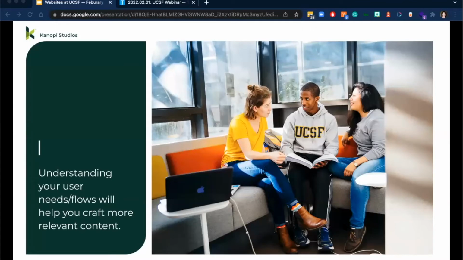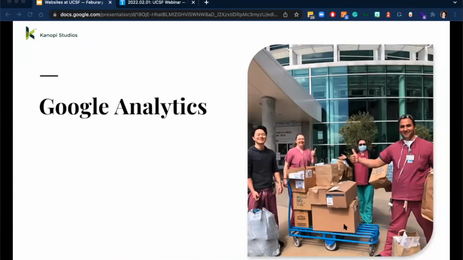I mean, all of this is for our users, all the content that we're putting on the website, it's for our users, right? So the best approach is understanding the user and their needs. And while everyone may have a really great grasp on what folks might want, we have a couple of ways we like to dig in and confirm that everyone's on the right track that I thought we might share as we close off today. So Google Analytics, I'm sure lots of folks are familiar with this,